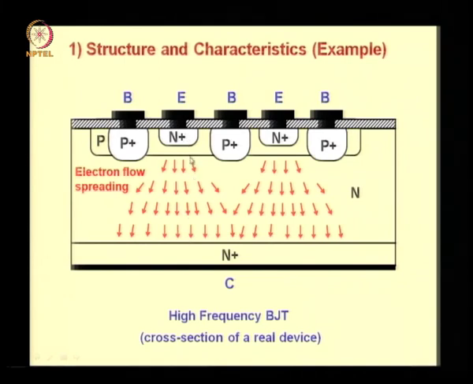In the active region, the electrons flow from emitter to collector, and the flow of electrons in the N-type region is not one-dimensional, but the flow spreads as the electrons move from the emitter end to the collector end. Please note that the arrows indicate the direction of the electron flow and not the direction of the current. The current would be in the opposite direction to that of the arrows. So here is one example of a device where spreading resistance occurs, and a model for the spreading resistance could be useful in modeling of the device.